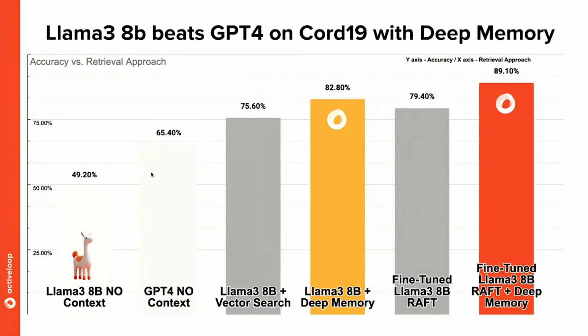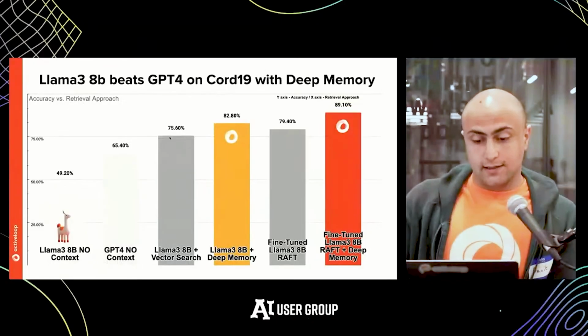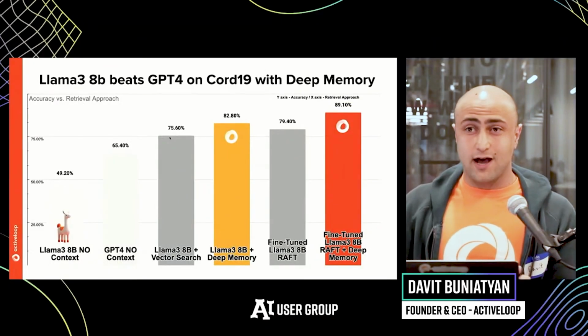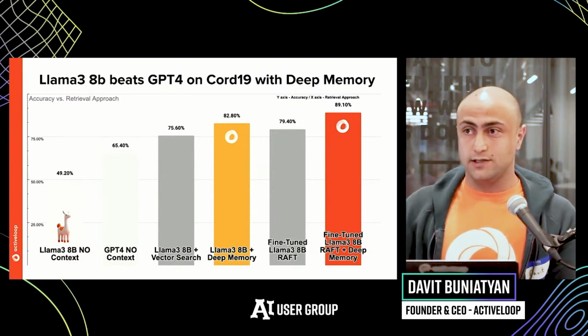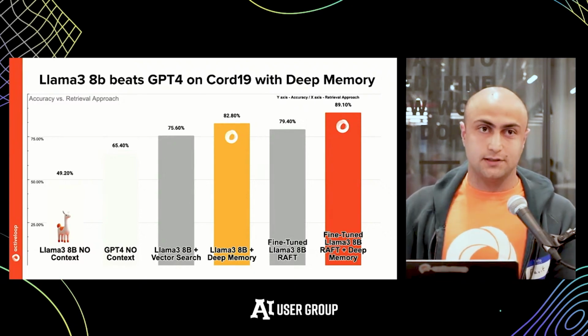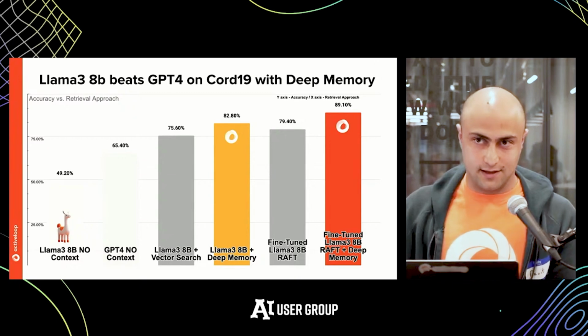And then what we do here is take this small 8 billion parameter model and add a vector search. Again, there's nothing fancy. Take this vector search, add it into the context, and now we have a boost in answers that's even better than GPT-4. Now, 75% is not bad. Basically, you ask 100 questions, and 25% of them are wrong. You definitely don't want to deploy this into any hospital or any healthcare scenario that's super sensitive.